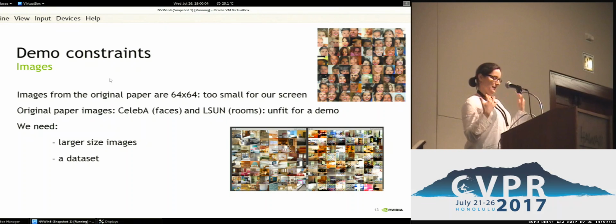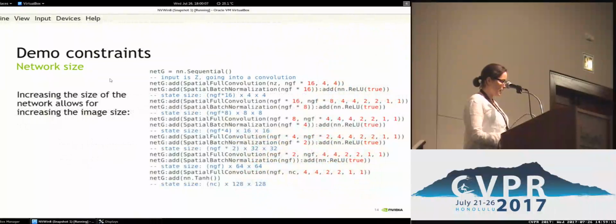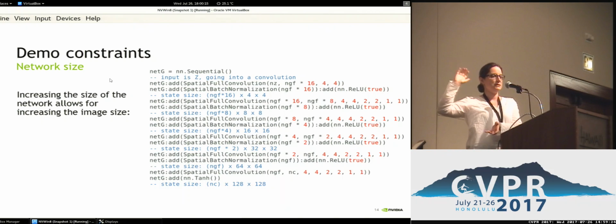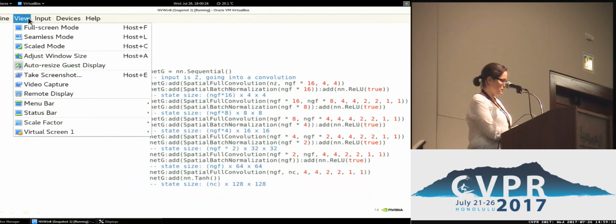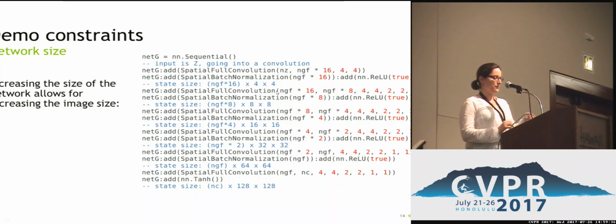I'm going to discuss how we had to play tricks on that data set to make that work. So, okay, it's easy. We just need to double the size of the image, right? We just need to change the network, double the size of the last layer, and then propagate that to the rest of the network, which in terms of code is relatively simple. We just add another layer, and we go on, and we have the same network that generates images that are double the size. The little teeny tiny problem is that our network is then almost double the size too. So the training is not going to go as well.